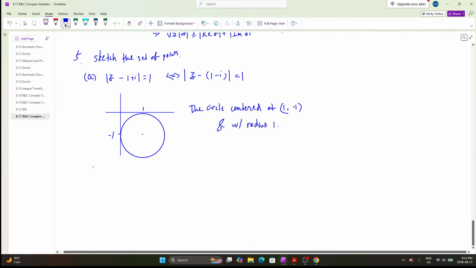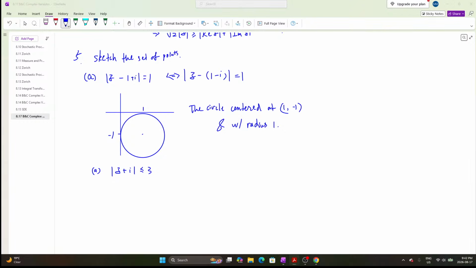Okay, so that's part A, and part B is the modulus of z plus i less than or equal to 3. So what's that? Well, that's less than or equal to, so this means the distance between z and the point minus i